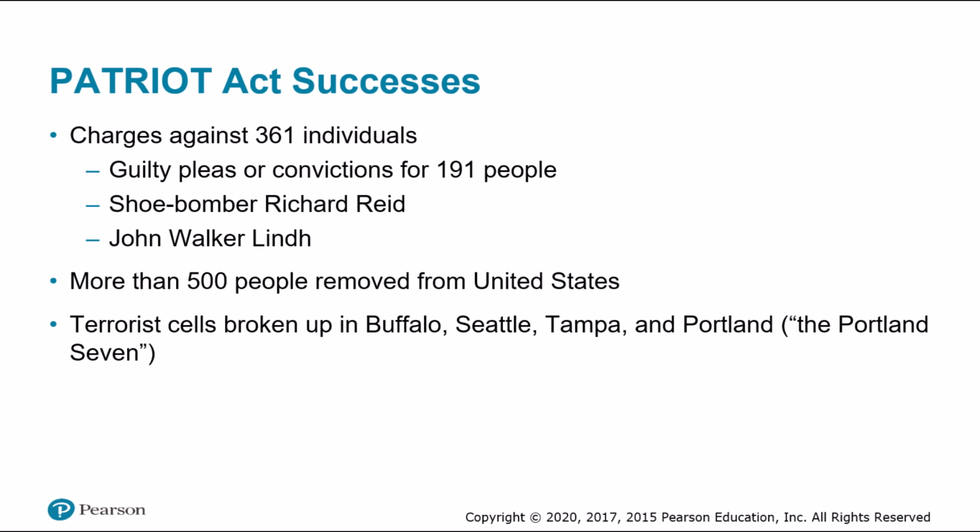According to Tom Ridge, the former Secretary of the Department of Homeland Security, the Patriot Act has helped the government in its fight against terrorism by allowing greater information sharing among law enforcement and intelligence agencies, and by giving law enforcement agencies new tools to investigate, many of which have been used for years to catch mafia dons and drug kingpins. Terrorism investigations have led to charges being brought against 361 individuals in the United States, and of these, 191